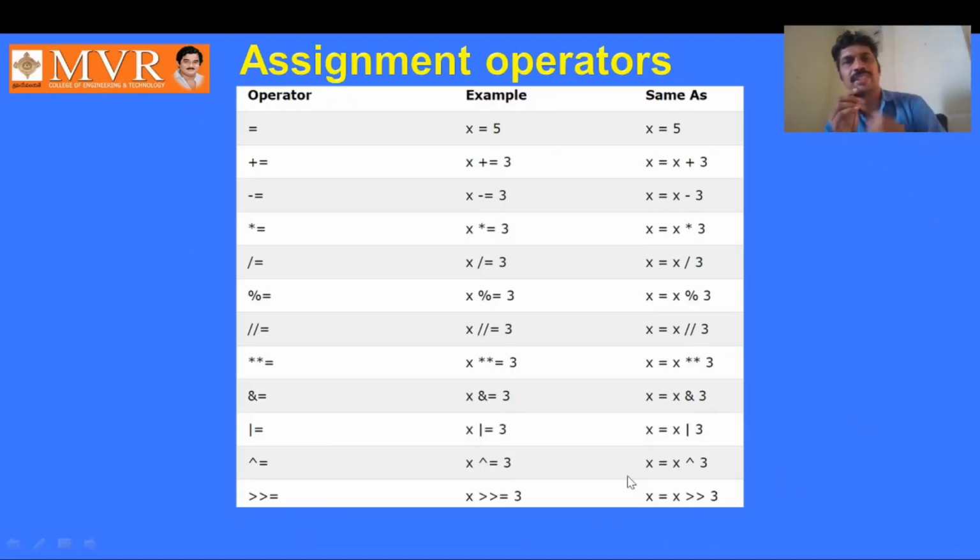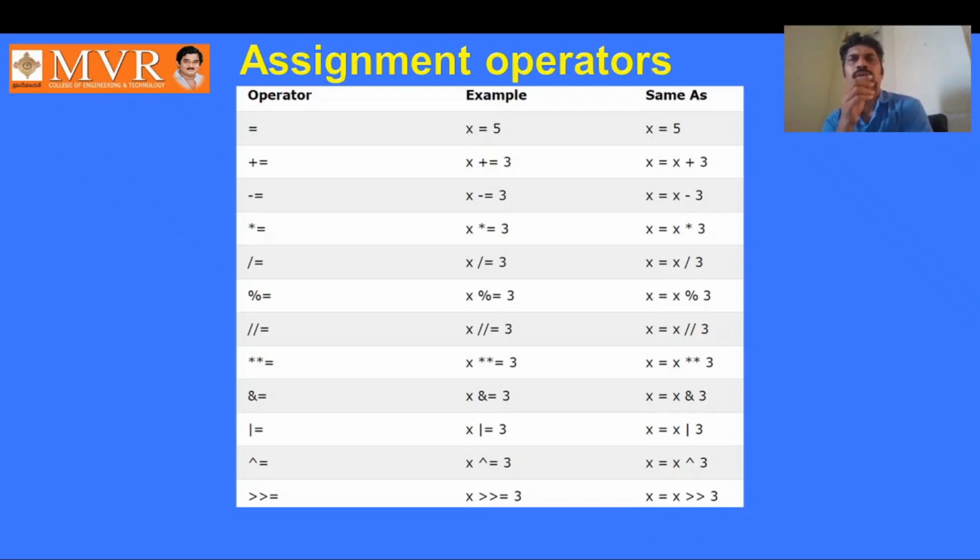These are the assignment operators. Go through the other operators. x slash equal to 3 is the same as this one. Floor division equal, x equal to x cube can be written as x double star equal to 3. And equal, x equal to x and 3. Or, cap, and double shift left, double shift right, these operators will come later. These are called assignment operators. The right hand value, R value, is assigned to the left hand value, L value.